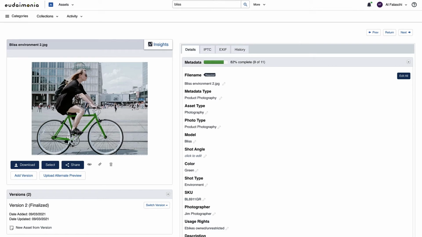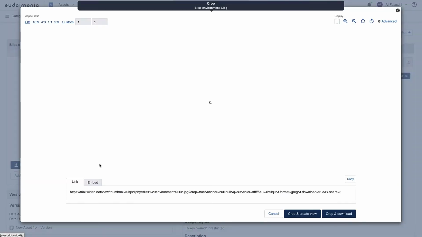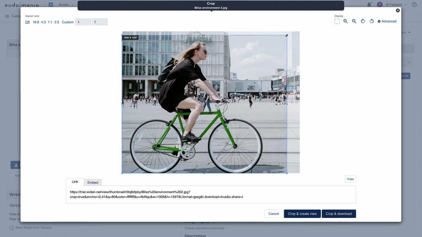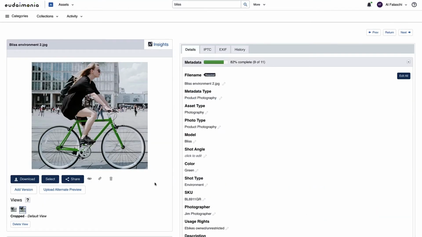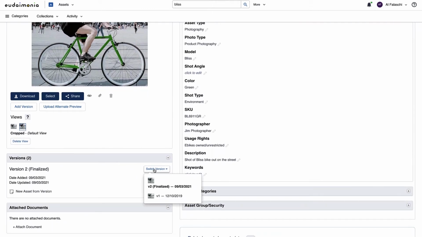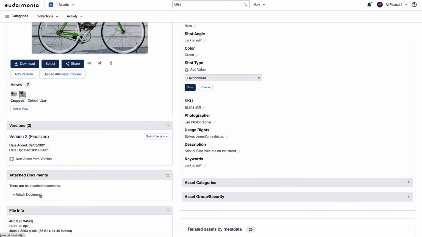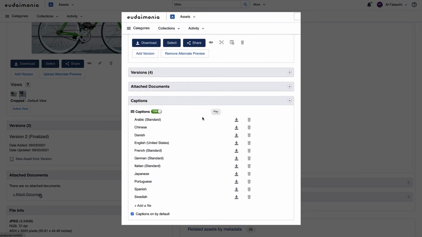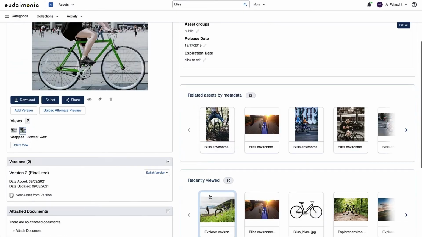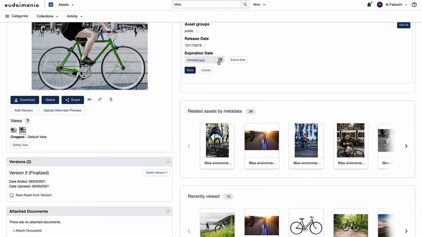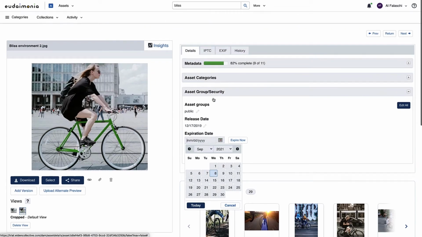The Asset Details page gives permissioned users access to more functions, like cropping, which allows you to create multiple views of an asset, manage versions, edit metadata and add new metadata values, attach documents like talent release forms and video scripts, add closed caption files to videos, set release and expiration dates to remove outdated assets from view,